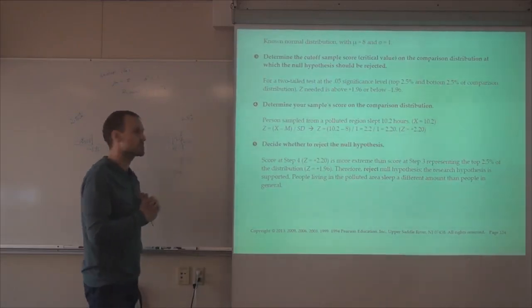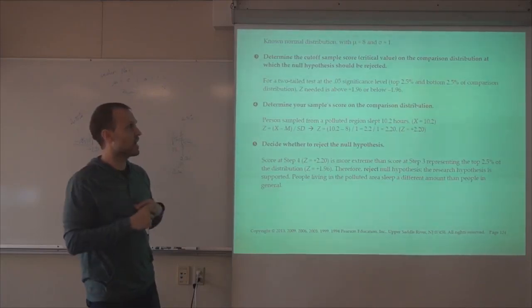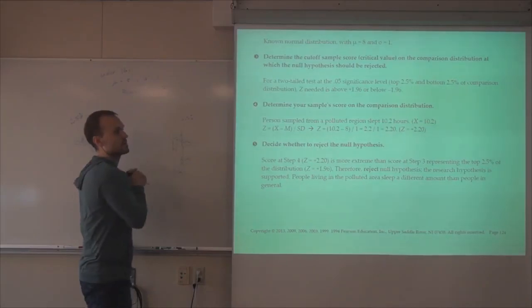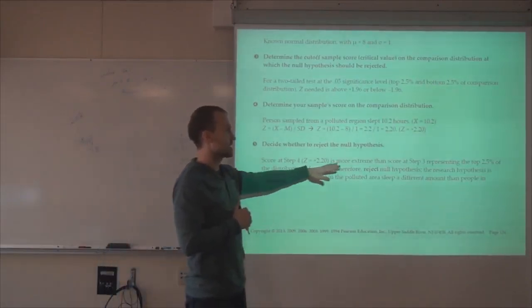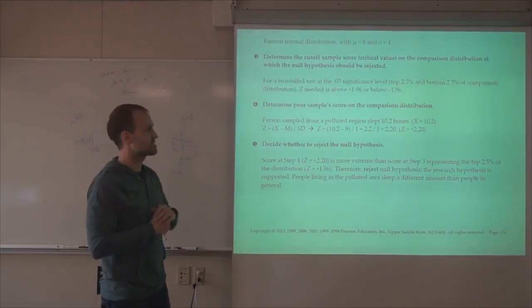It's so rare that I don't expect to get something like this, so that when I do, I have evidence to think that there has been a shift in the population so that I can now get these as more common values. So I can say that it's extreme, more extreme than the cutoff value at a 5% significance level